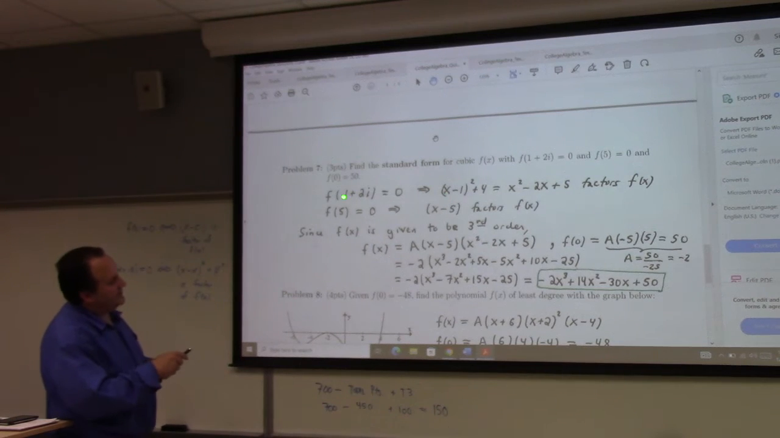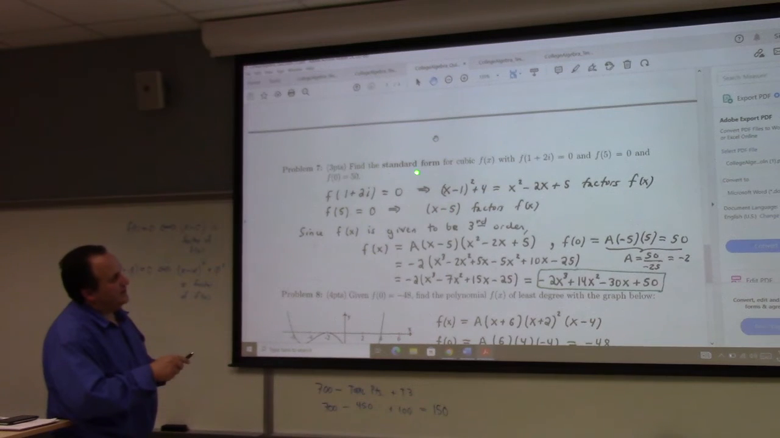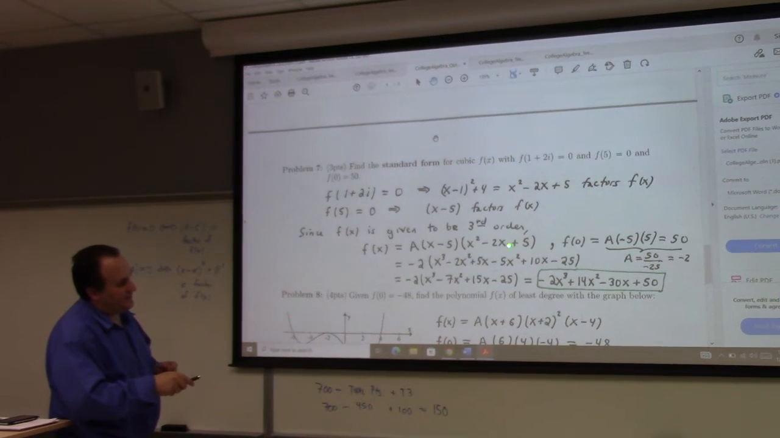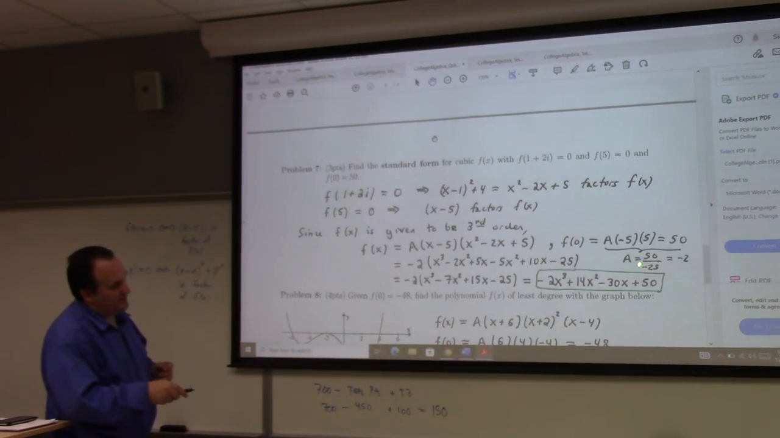Gives you x minus 1 squared plus 2 squared, which is 4, and you multiply that out. So you've got this x squared minus 2x plus 5 factor. f of 5 equal to 0 means x minus 5 is a factor. You're looking for a cubic, which is third order. So if you've got these two factors, you're pretty much done, because the only thing else that you're left freedom to add is just a multiplier. And that multiplier is fixed by the fact that I gave that the y-intercept was 50,